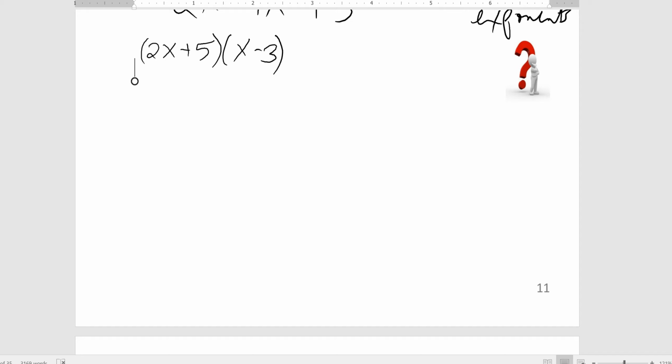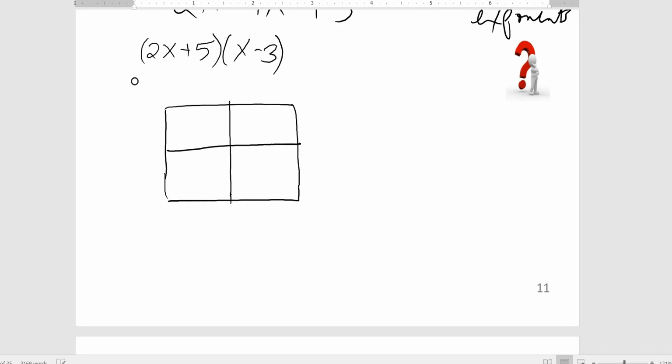Another way that we could make sure that every part of each binomial gets multiplied by each other is creating a little box where in each case we want to fill in the product of each part. So for example, we have 2x plus 5. We're going to split it up over here as 2x plus 5. Okay, and then we take our x minus 3, come down, let's say the width of this box, and call it x